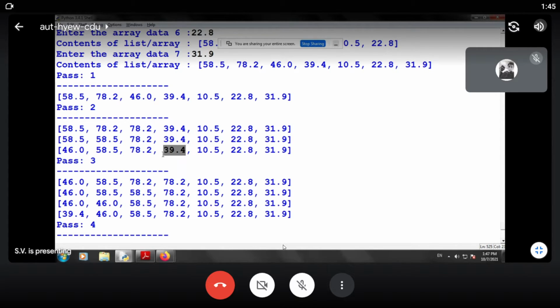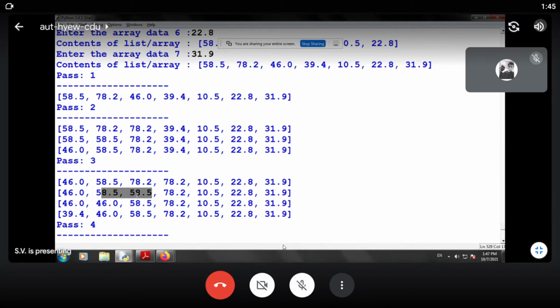So how do we do it? We compare 39 with 78. It is less, so move 78 to the right of itself. Then 39 is compared with 58, and 58 is shifted to its right side.